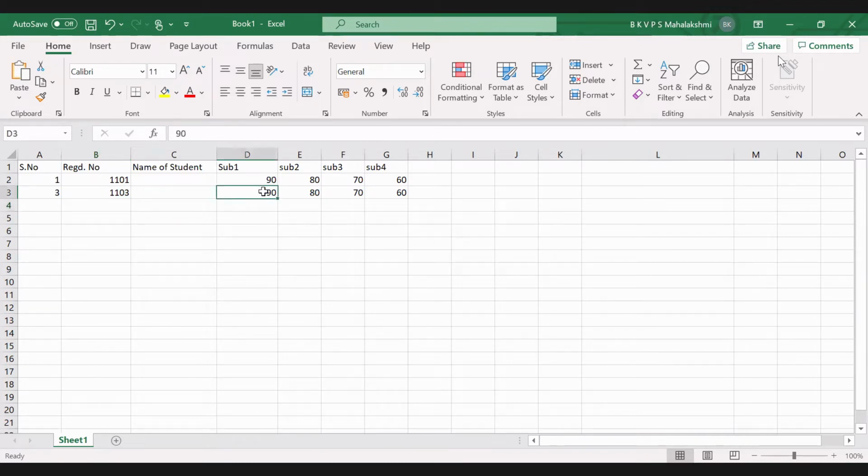But if I mistakenly copy the first student's record instead of the third student's record, and mistakenly enter the subject marks of the first student in the third student's record, it is nothing but a consistency problem. You have not entered correct data.